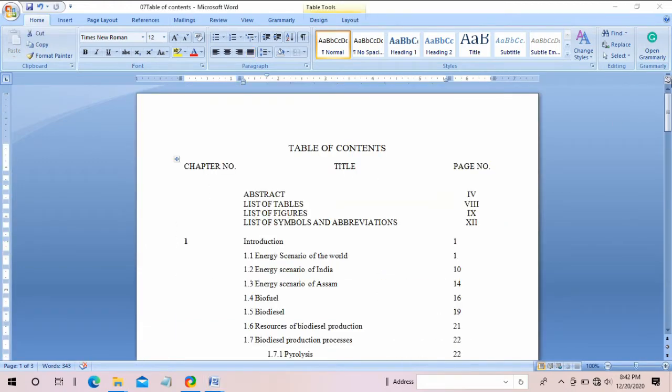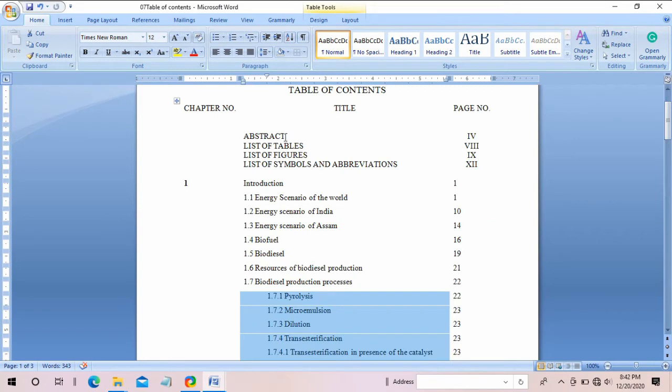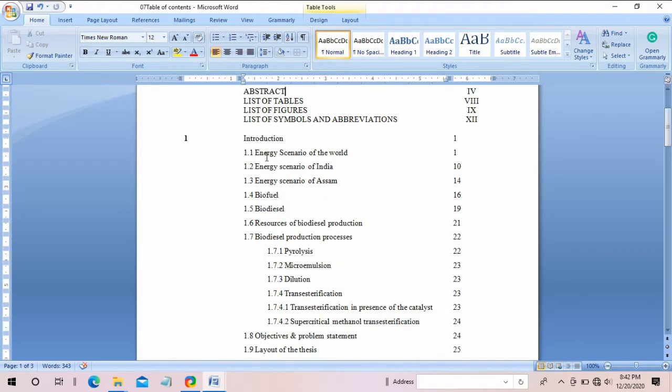Contents. You can see abstract at page number 4, list of tables at page number 8, list of symbols and abbreviations at page number 12, and this is energy scenario of the world starting from page number 1, energy scenario of India, page number 10.